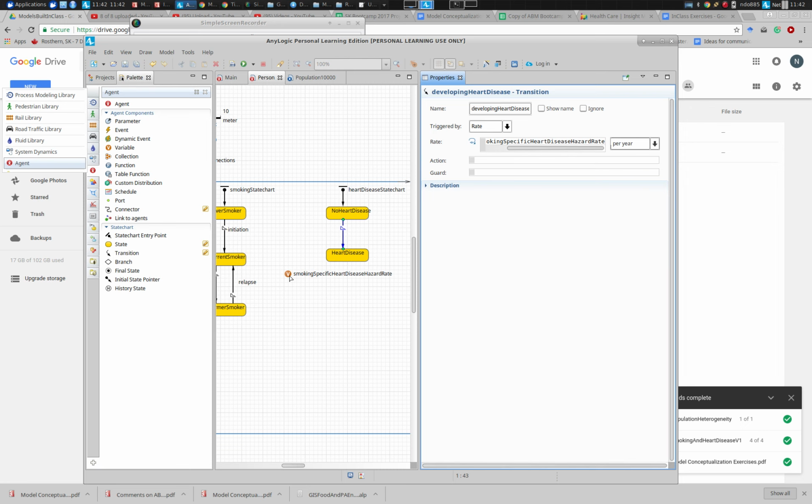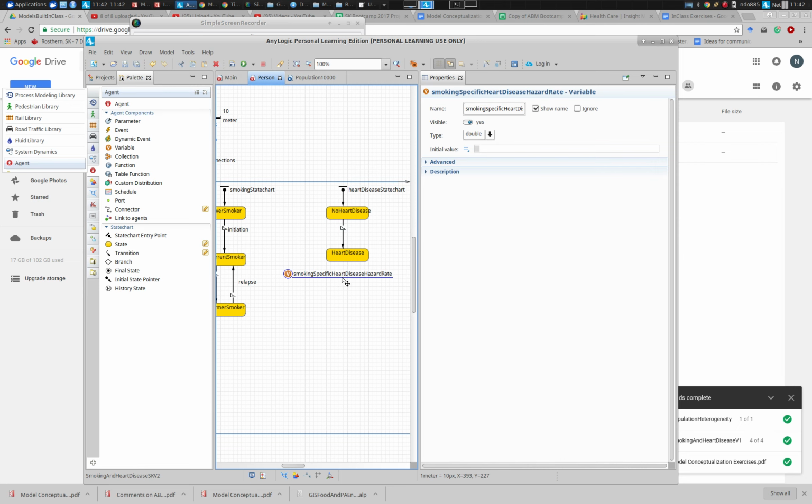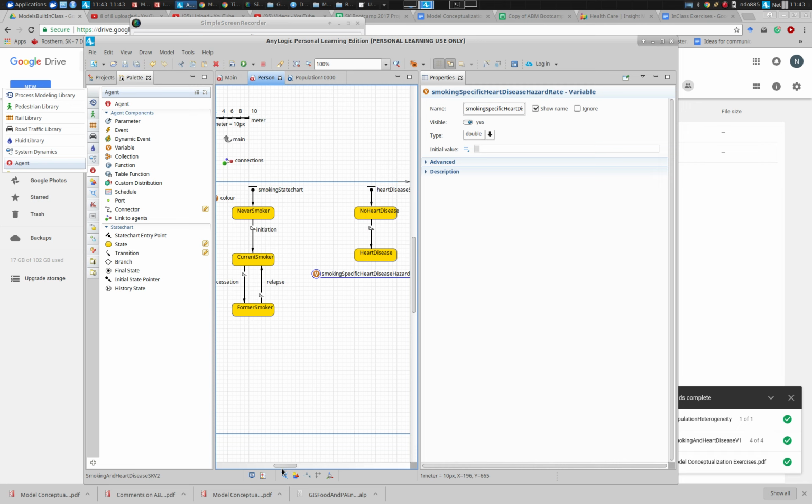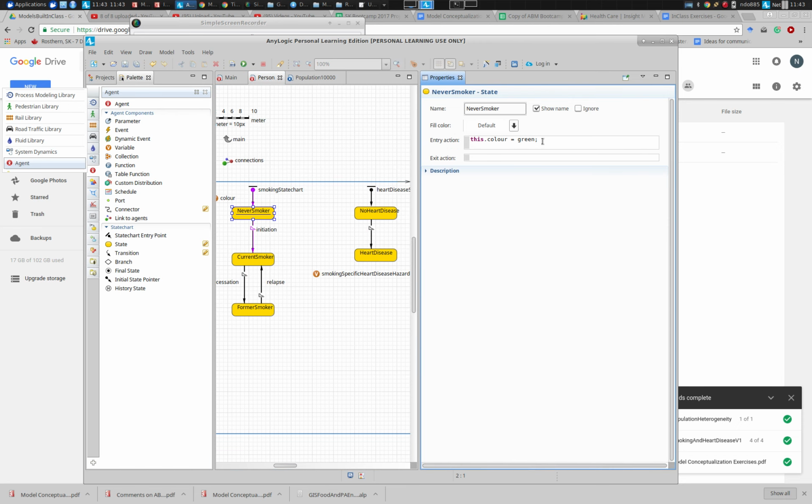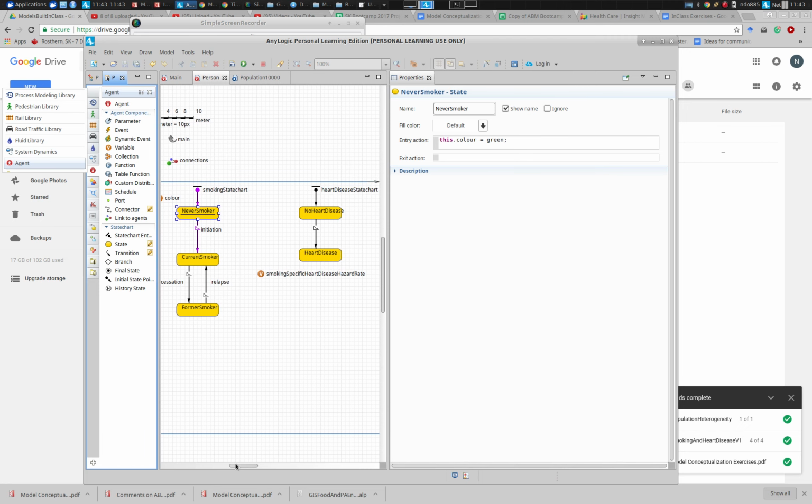But for now, we have this set up, and notice this is a smoking specific heart disease hazard rate. How does this relate to this state chart? What do we need to do to complete the thought? Can anyone say? Yes. So when we're in a never smoker state, what will we need to do? What do we do for color to communicate to this little person shape that we were in this state? Well, we set it to be green. We set it. The logic lies before you